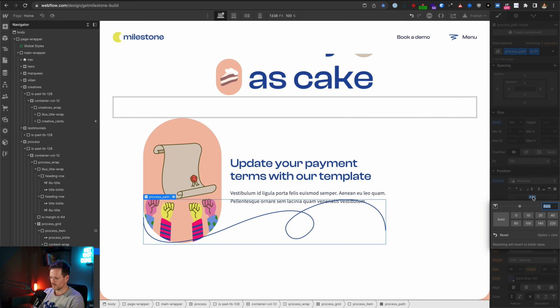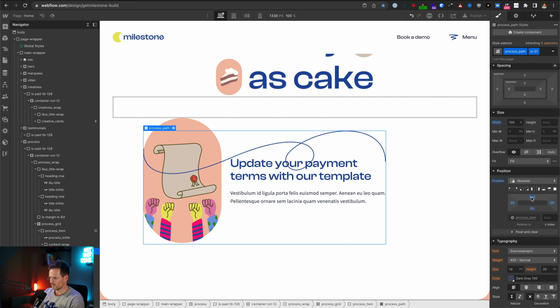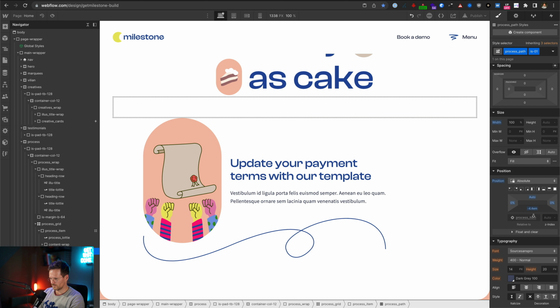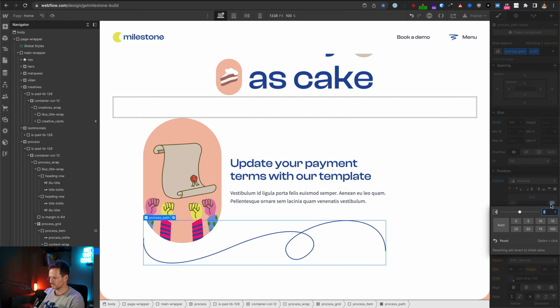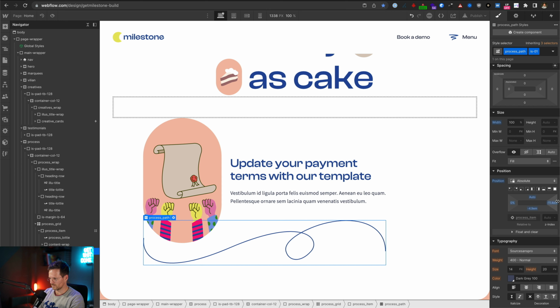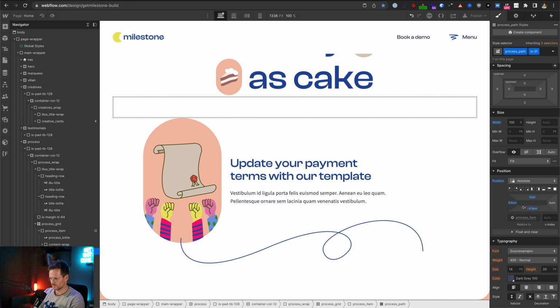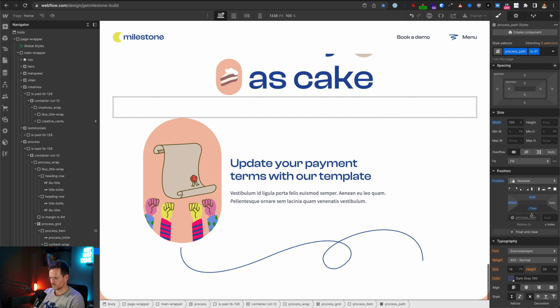And actually now we can move it something like, okay, the other way, minus 3 em. This side. So I'm going to place it like this for now, and I'm going to refine it later once we have